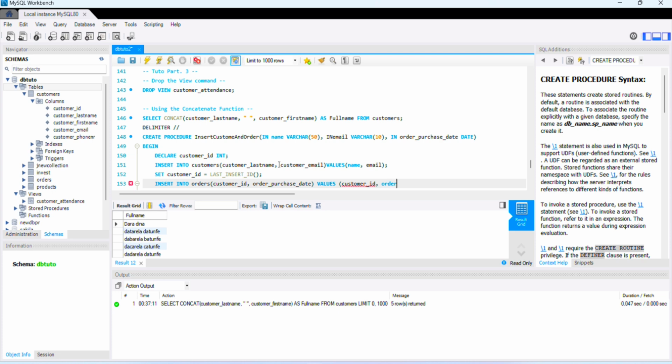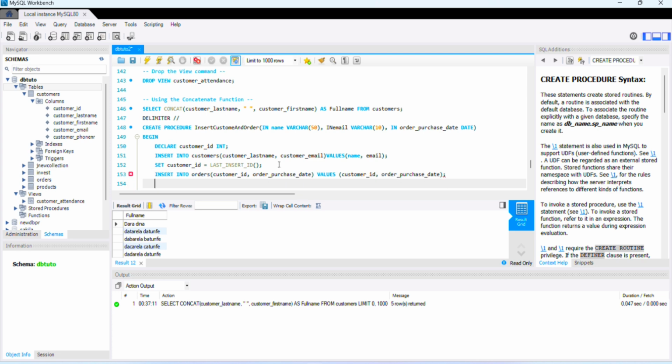Here we want the order purchase date, and we close here with a semicolon,